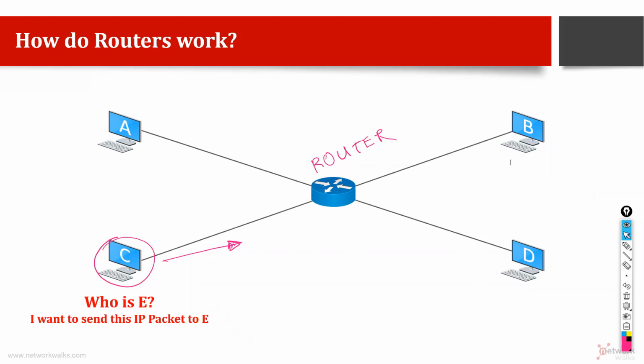Justice says it will forward it to the appropriate destination address. Okay. But in this case, Justice, C wants to send to E. E is not connected here. There was a device called E some time ago, but it got disconnected. So what is it going to do now in this scenario? Ismail says it will send to the specific address. Albert says it will discard. Samuel, Peter, Eric, Justice, Vincent.